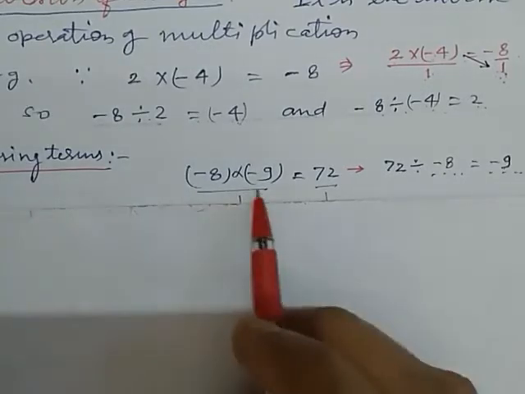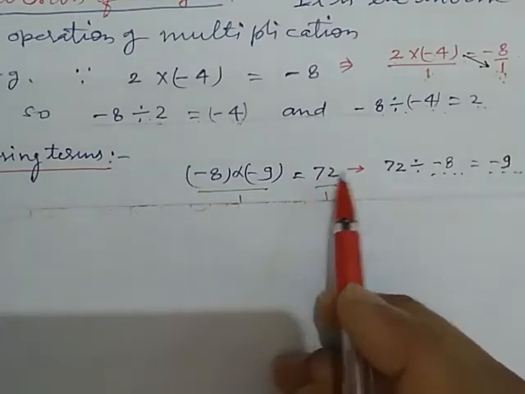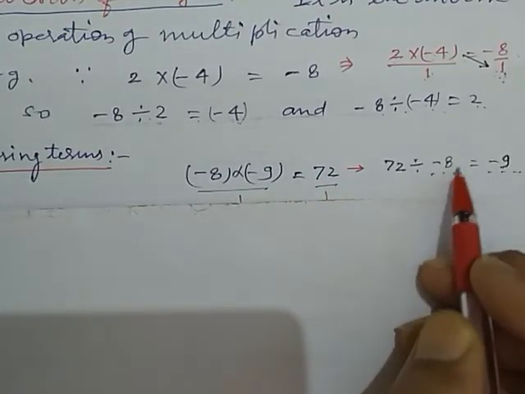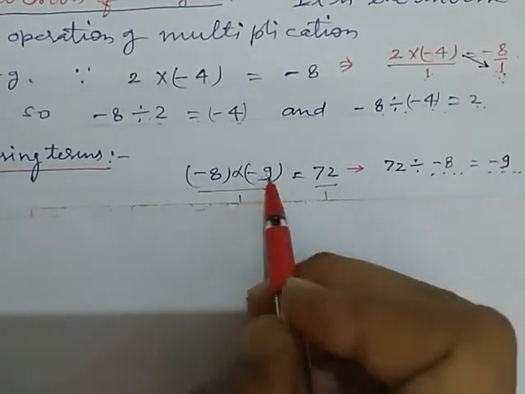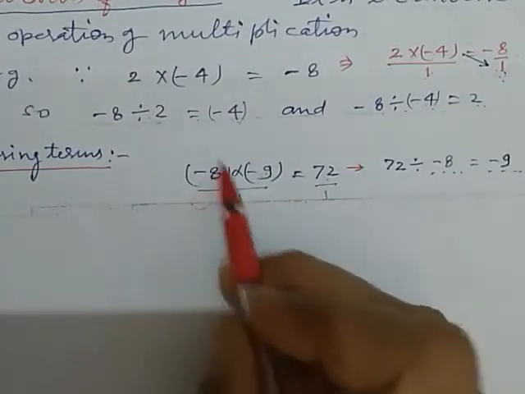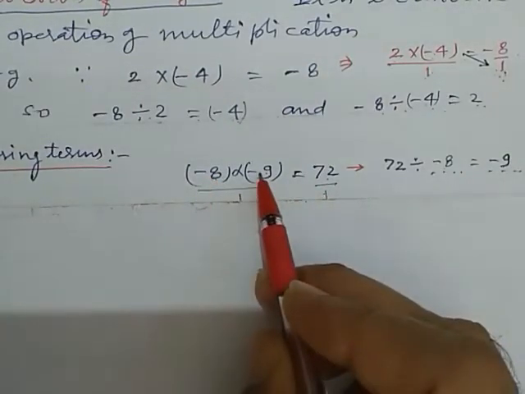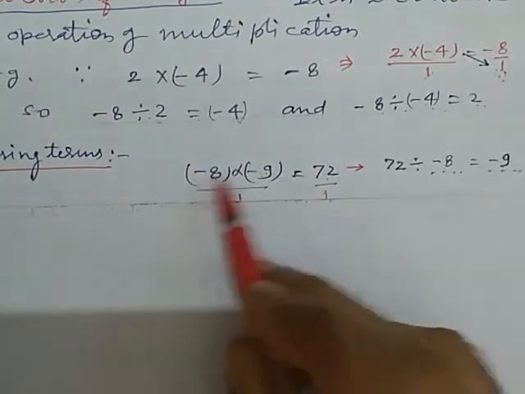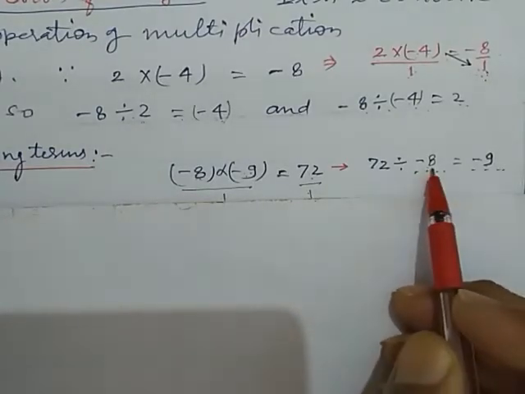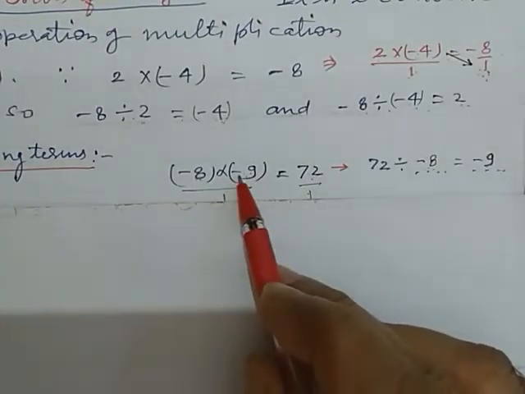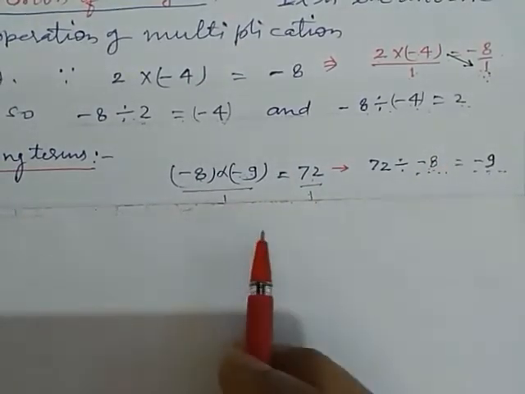Sometimes we want to find a missing term. Here we know minus 8 into minus 9 equals 72. If we don't know what the term is here, then what do we have to do? Here, these are two terms and this is the result. If one term is absent, then what do we have to do? If we put minus 8 here, then we get minus 9. If we put minus 9 here, we get minus 8. So by using this, we provide here minus 8. 72 divided by minus 8, we get minus 9, because minus 9 is left. If we divide 72 by minus 9, then we get minus 8 here. So this way we can find our missing term.